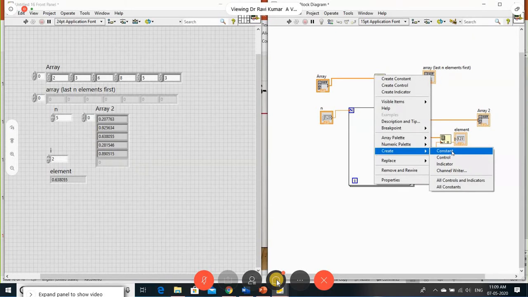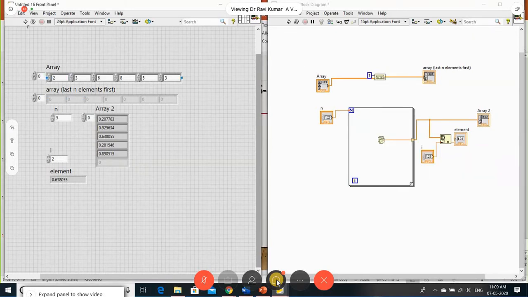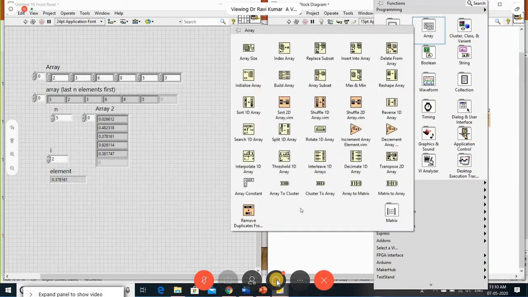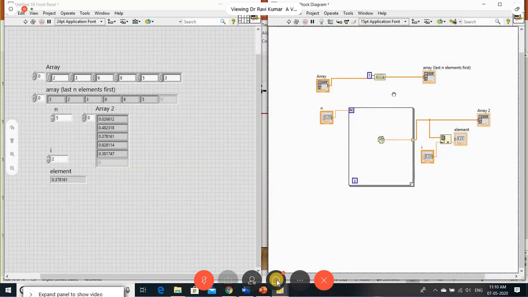I want to rotate only one time. So here what is the input I gave? Just rotating only one time. You can see that the data has rotated to the right side. So the third element comes to the first position, this comes to the second. Likewise, it is rotating. Clear? So likewise, whatever functions are available for arrays, we can do. Or we can take one more array function. Let me take sorting an array.